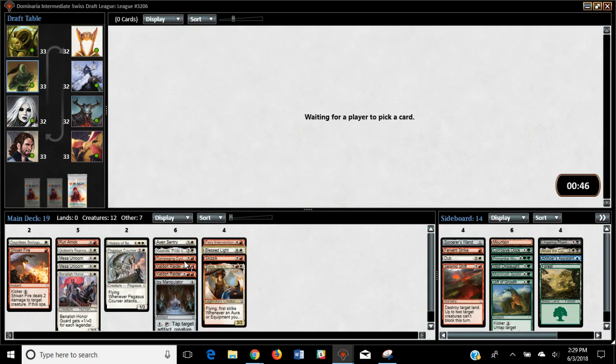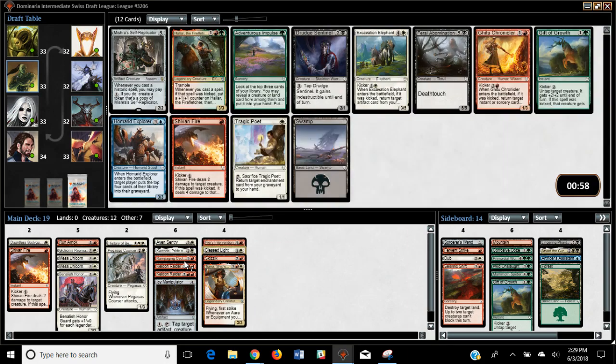Now we're going to have to try and make a pile look like a deck. We did get a Shivan Fire here. We're not upset about that. But